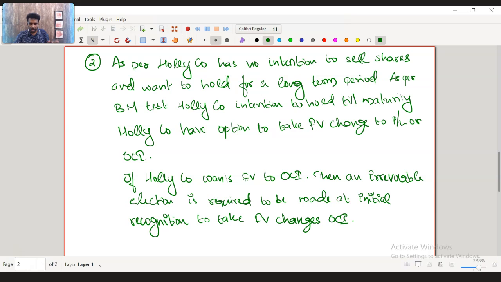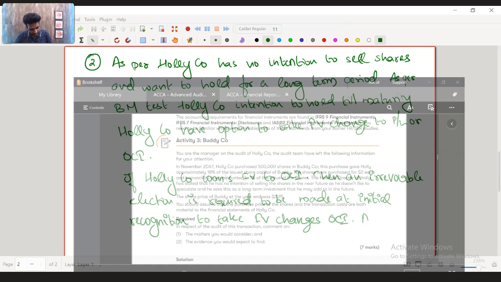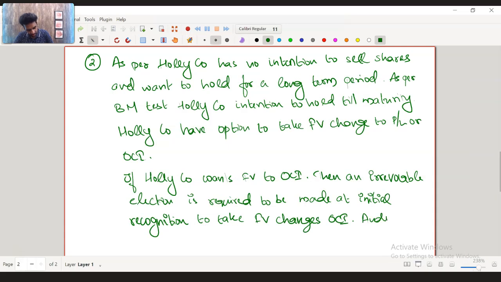Which means the auditor has to ensure that the fair value changes have been taken to OCI and not taken to P&L, and the transaction cost as well can be taken to OCI and not expensed to P&L. So which means, what are we? We are the audit manager. So the auditor needs to ensure